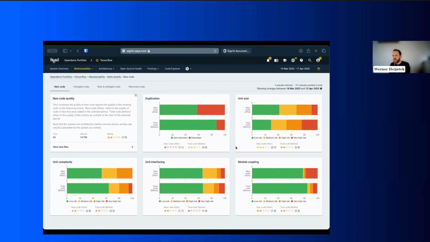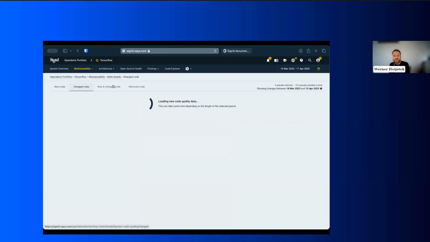So then, of course, you won't see it on a large scale, but you can have an opinion on the quality of the work that's being delivered by a development team or by an individual developer. It's not so interesting in this. You cannot do this in a system, point out to one person, of course, because it doesn't help. But it is interesting to know whether a team is capable of actually getting to a certain level of quality, because maybe they need more time or training or other help to actually get them to a level where you agree on together. You can look at the change code that they did.